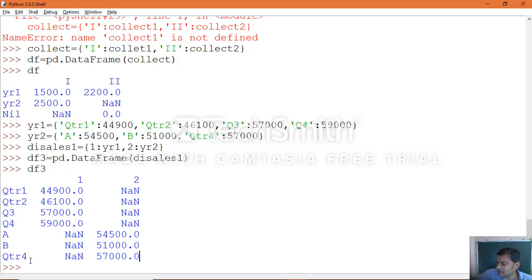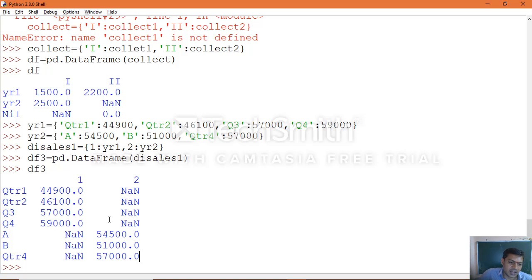The total number of indexes equals the total unique inner keys, because here we passed dictionaries into a dictionary object. This is the outer dictionary, and these are the inner dictionary values: year1, year2. Now, list the column names of data frame df3.